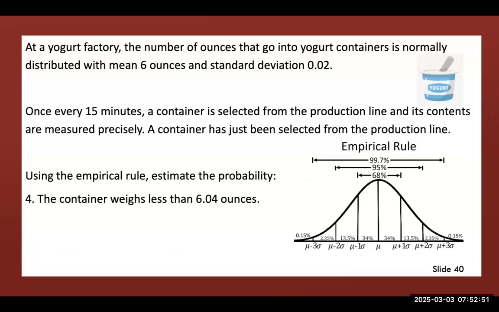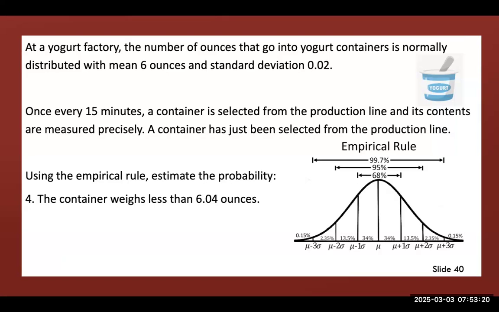If a container has just been selected from the production line, what's the probability the container weighs less than 6.04 ounces? 6.04 ounces is 2 standard deviations above. So that's mu plus 2 sigma. We're going to look for mu plus 2 sigma. We want less than 6.04. So that's everything to the left of mu